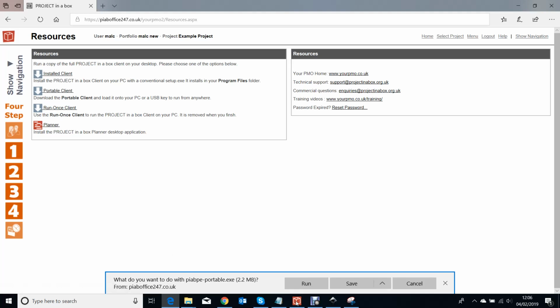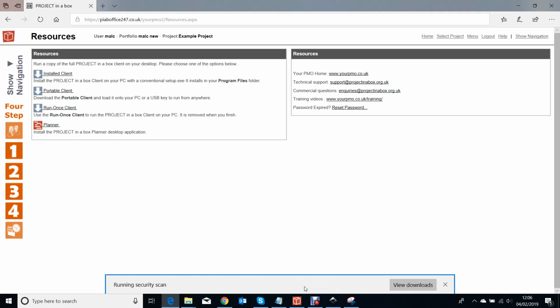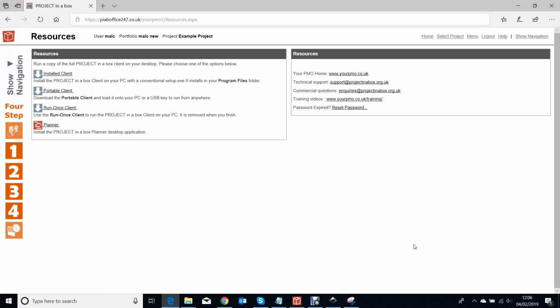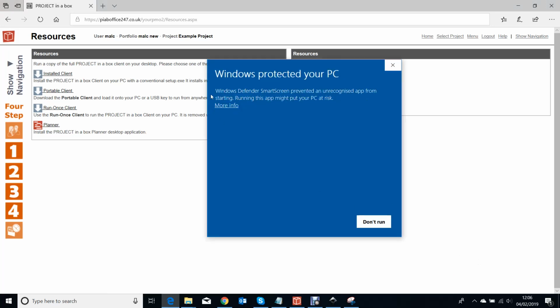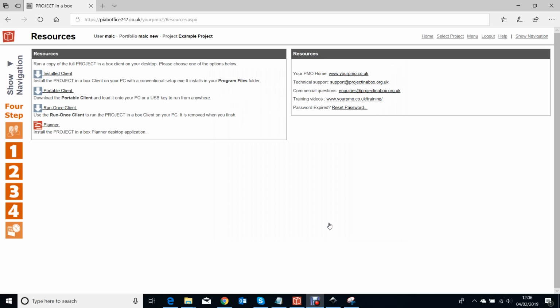So we just simply click on the link and it's going to download it here. So it's asking me, do I want to run it? Yes, I do. Obviously, exactly how the download process works varies from browser to browser. We're using Edge here, but the process will be slightly different. In Chrome, for example, you get a little tray opening up across the bottom and your content showing in there. So once that's scanned, we can do run anyway,